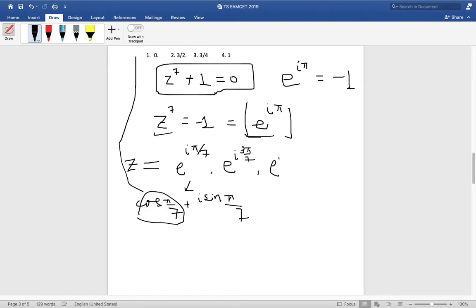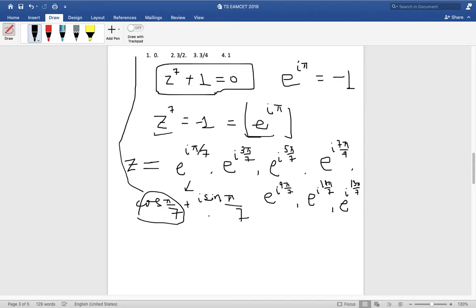This is really basic. If you go to the complex number chapter, you will see that when you take the solution of complex equations, especially the cube roots of unity, you will find similar problems. So this concept is taken from there. As the period of both sine and cosine is 2 pi, hence 2 pi is added to the numerator to get the subsequent roots. That is what I am doing here. So nothing out of the ordinary over here. 9 pi by 7, 11 pi by 7. Last one will be 13 pi by 7.